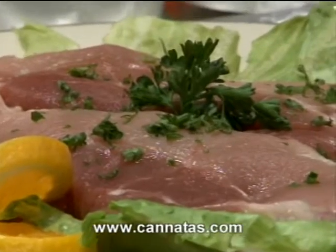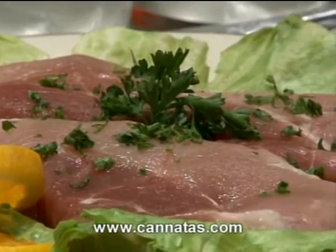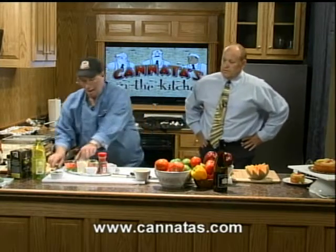Notice the marbling in the flesh, believe it or not, with this pork. That's what gives it flavor. And what I'm going to do here, I've got a mixture. Here are my ingredients, by the way. Got a mixture